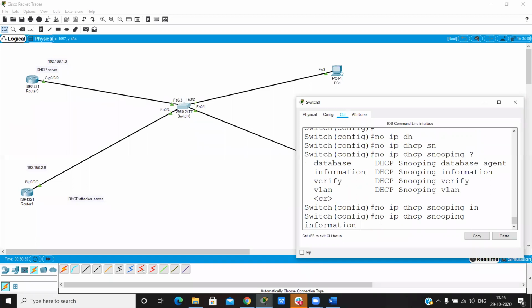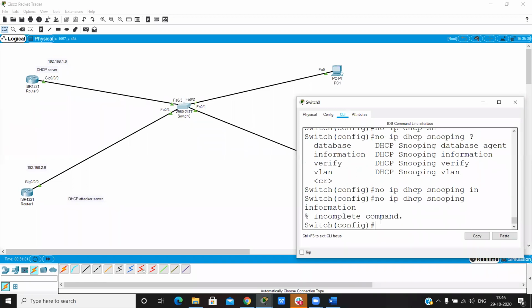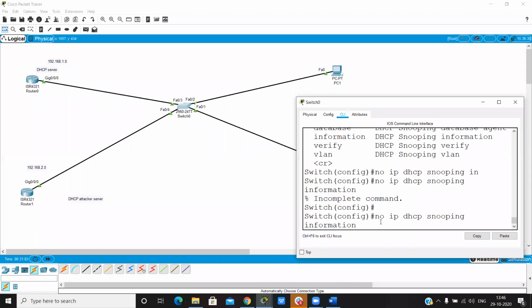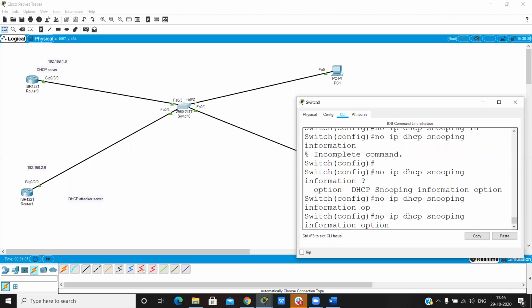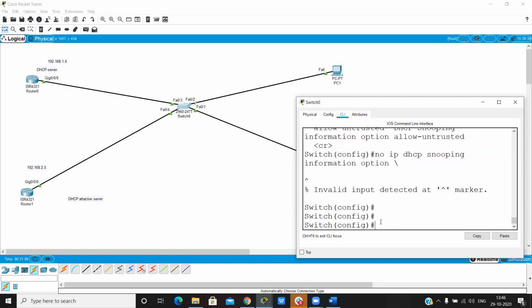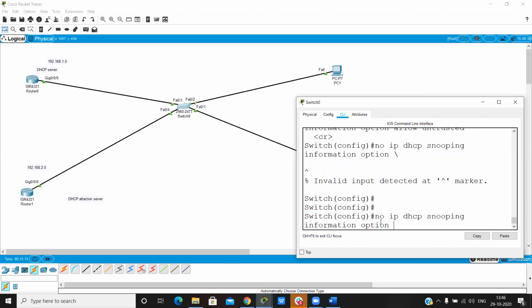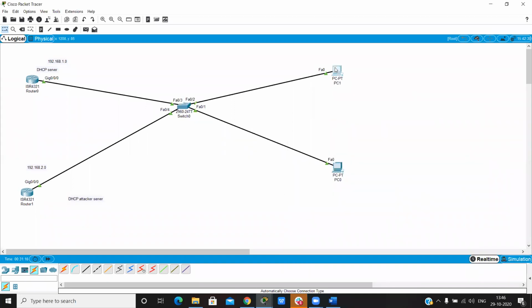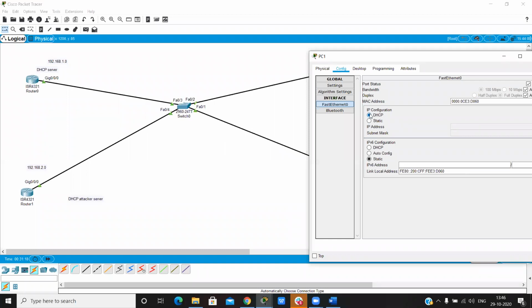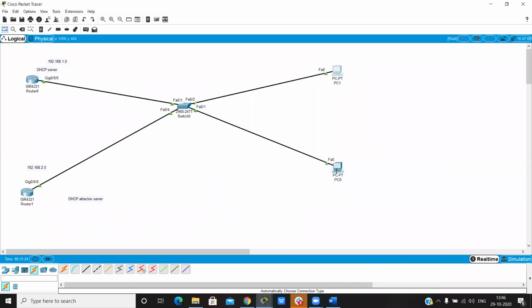When we disable this, then we get an IP from the trusted server. Now we get an IP from this server. We always get an IP from the DHCP trusted server.